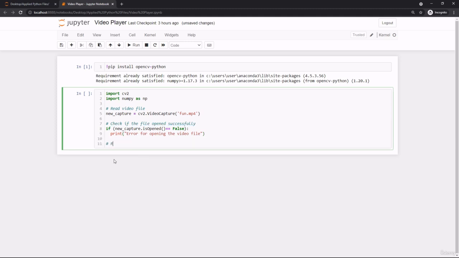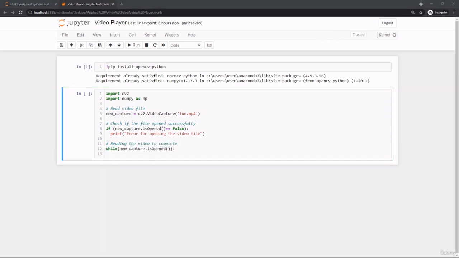After that, let's create a while loop to read the video until that video is completed. As you can see, exactly the while loop, and in between the parentheses of that loop, new capture is opened. That value is equal to true in that case, because that function called isOpened returns true if video capturing has been